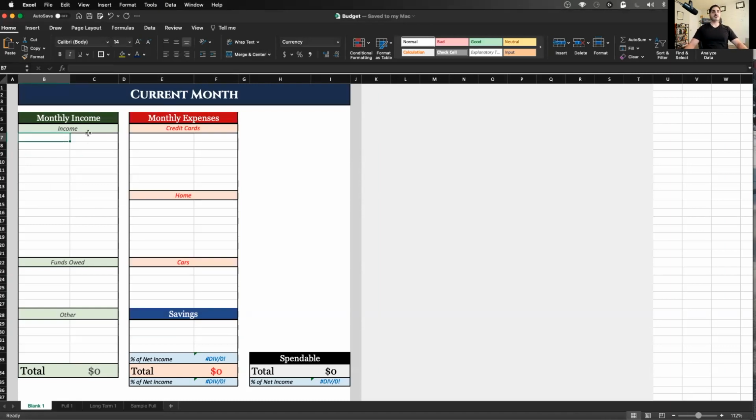So first thing you need to do is figure out what your net income is and how often you're paid. And by net income, I mean, what is the money that comes to you that you're able to spend that you no longer have to pay taxes or Social Security or anything like that, right? So for the most common example, when we get paid every 2 weeks, typically your taxes and everything are removed and that income is your net.